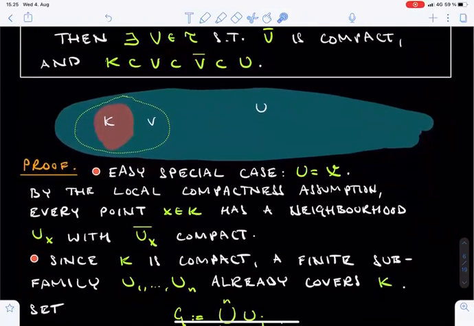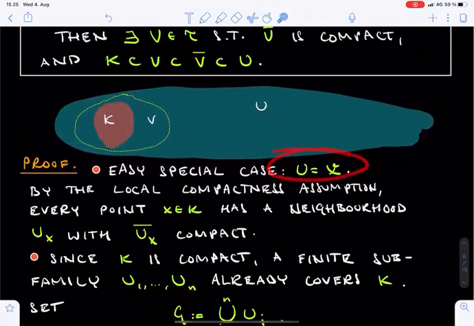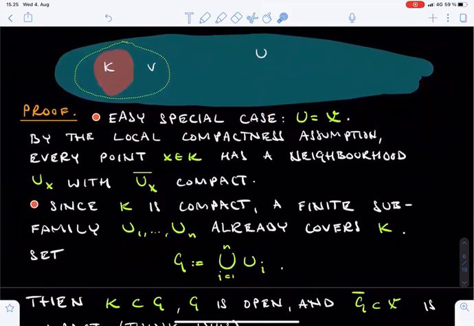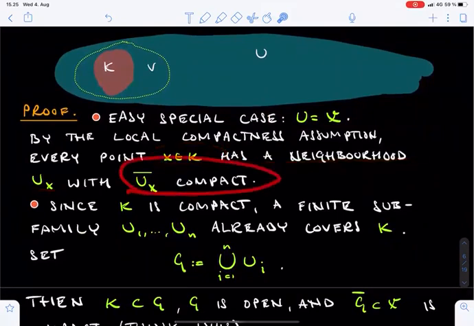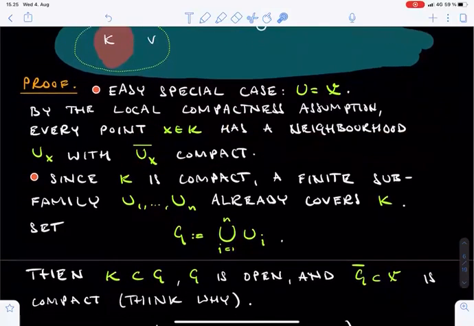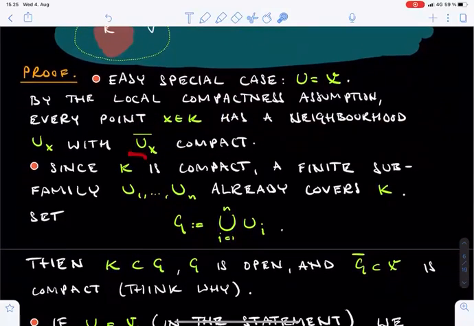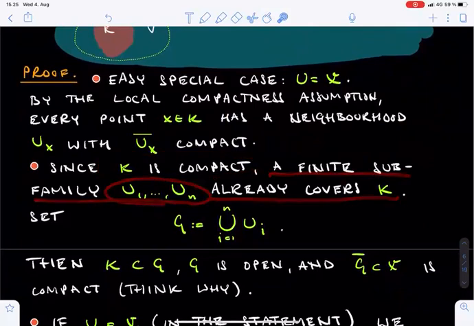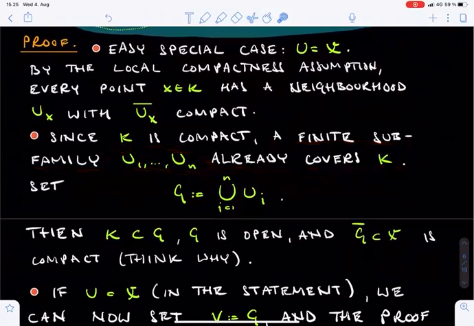The proof is not difficult, and it's really easy if U is the whole space. Let's start with this case. By the local compactness assumption, every point x in K has an open neighborhood U_x such that the closure of U_x is compact. Now, by the compactness of K, some finite family U_1, U_2 through to U_n already covers K. Now we can define G equal to the union of the sets U_i.